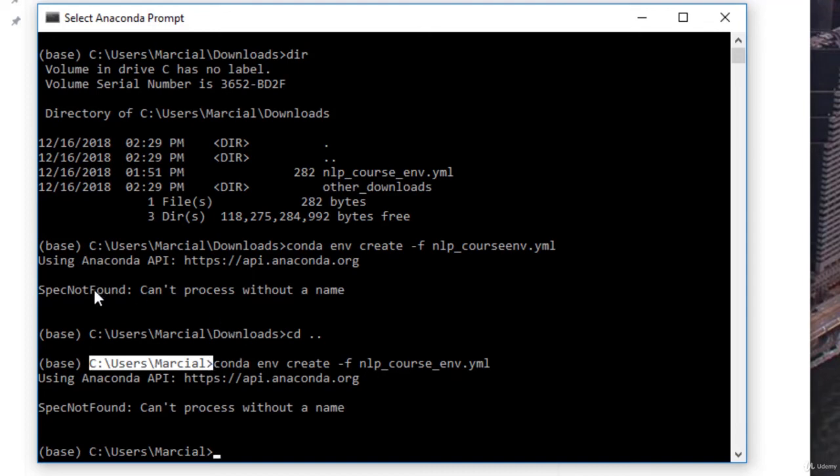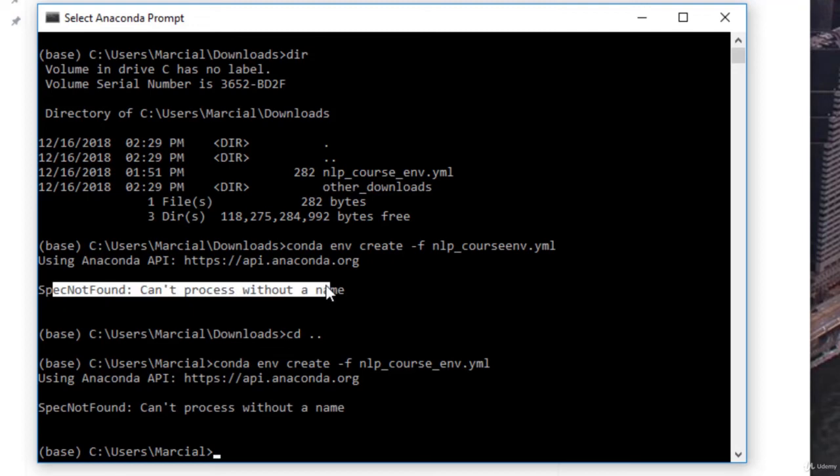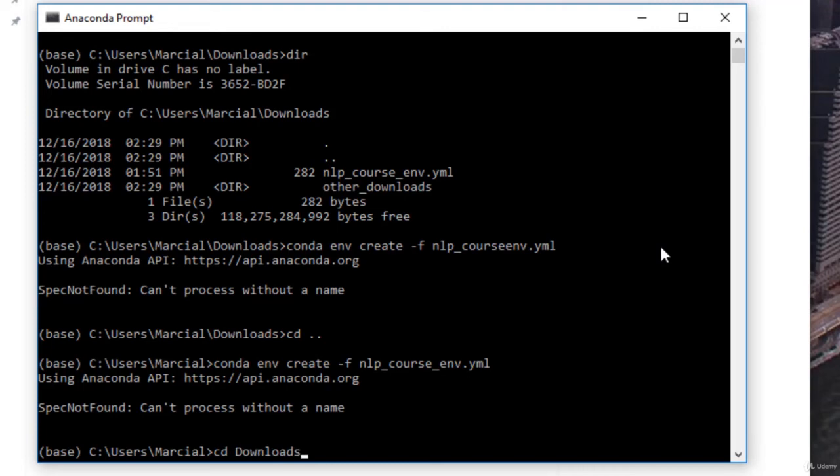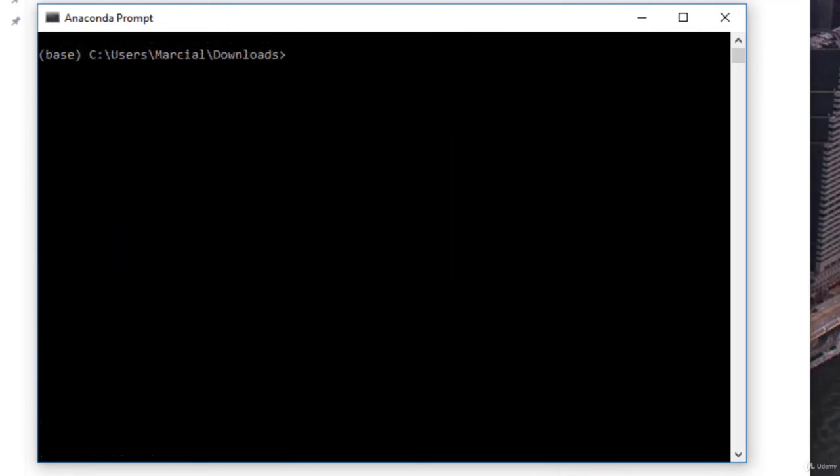Please triple check that in case you get this "can't process without a name" error. Again, it's an easy fix. You simply need to be in the correct directory. So we'll say cd to downloads. All right, now that we've confirmed we're in the same directory as the .yml file, simply type out the command